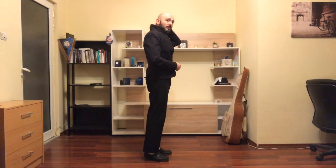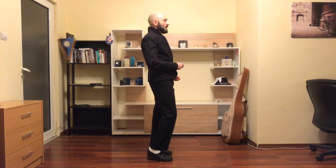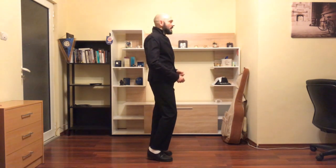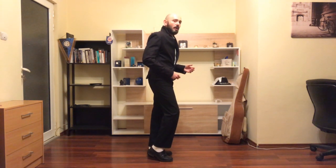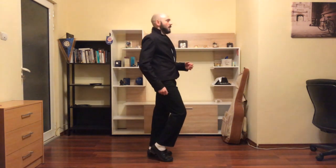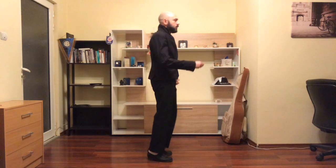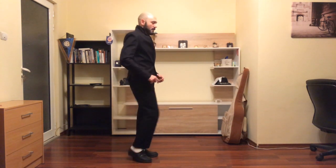What helps the move look smoother is that you flex your neck as well. So when you go back, you flex your neck. I don't know if you can see it now, but you flex your neck, you hit with your hips, and you go forward, down, down. Get it? How you incorporate it into the walking is when you put your leg down